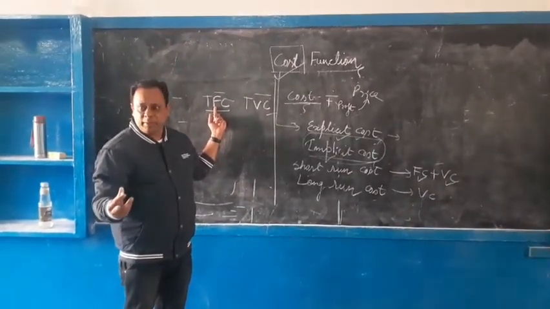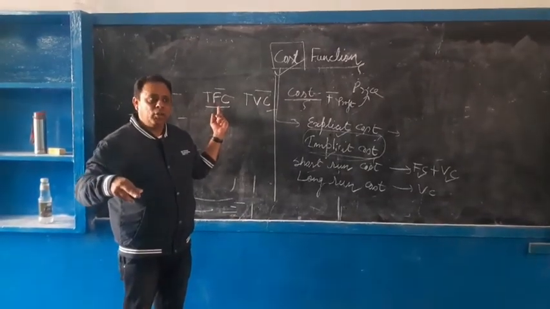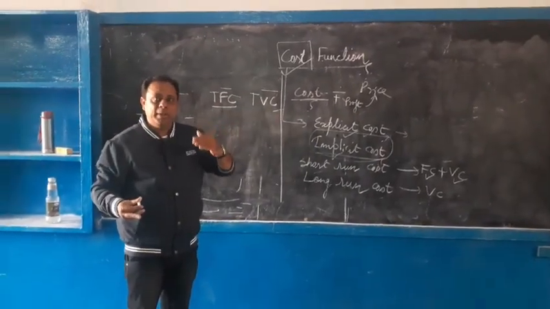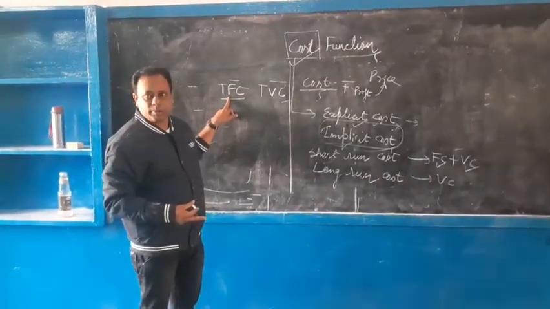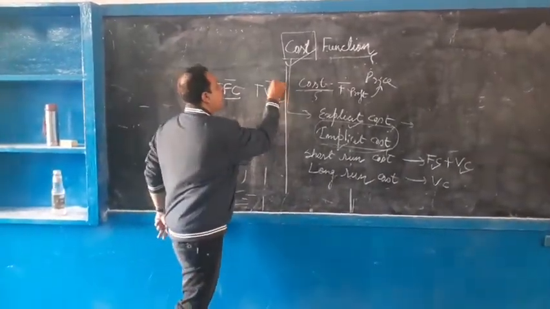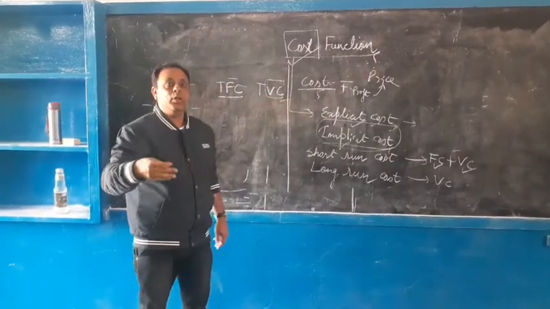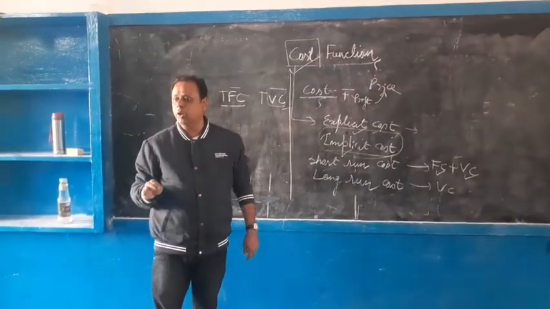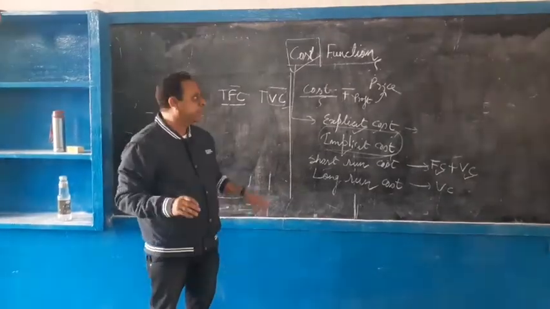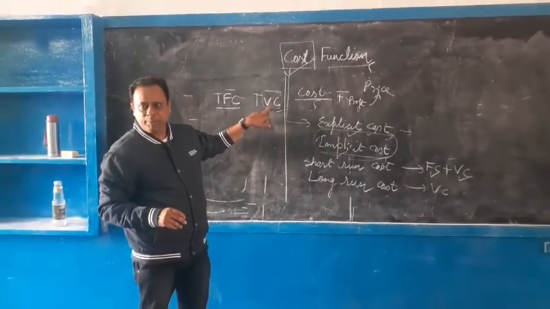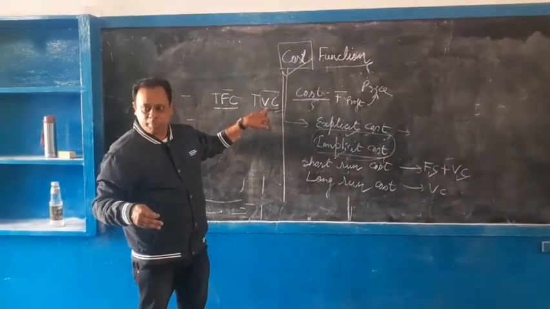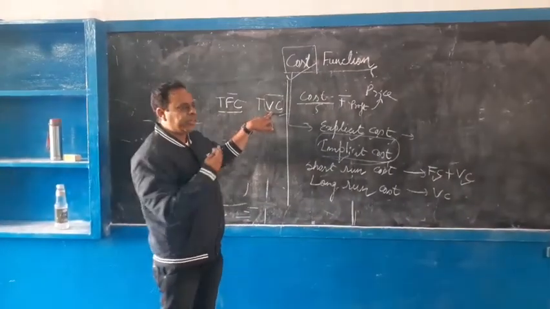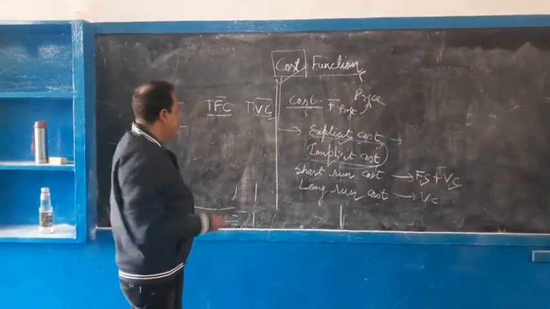In COVID you have seen, even if your workers are not working, the permanent employee's salary has to be paid. So that comes in fixed cost. Variable cost is that cost which is directly related to the production. In short, for understanding, we can think like that. For example, raw materials, the cost which we are paying to the outsiders, that comes as variable cost. Broadly we consider raw materials.